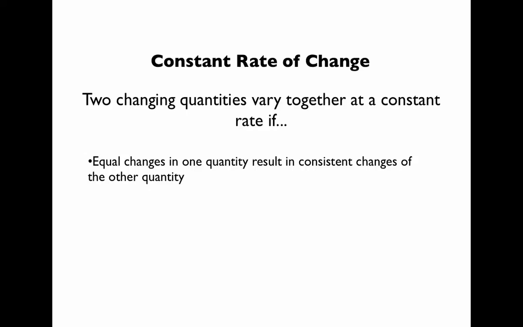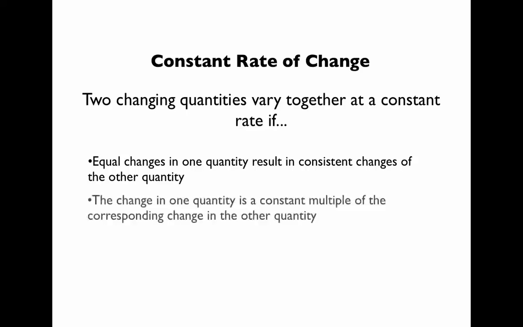That was the last thing we talked about. Every time you add 10 pounds to the scale, your cost is going to go up $30. The change in one quantity is a constant multiple of the corresponding change in the other. And that was when we said,